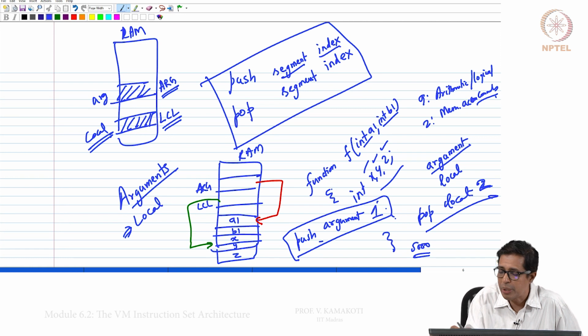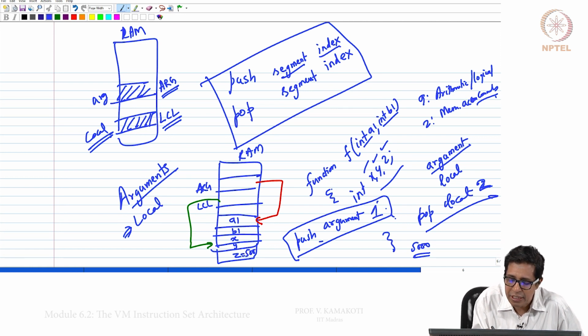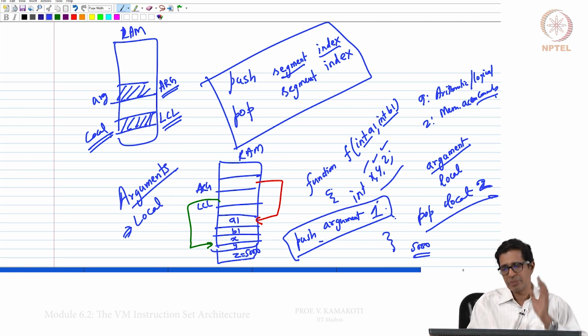When I say pop local 2, that value 5000 will get assigned to Z, because local is pointing from there, you take the second location, which is the location of Z that we have allocated. Now if I say pop local 2 and the top of the stack has 5000, Z basically gets 5000, right.